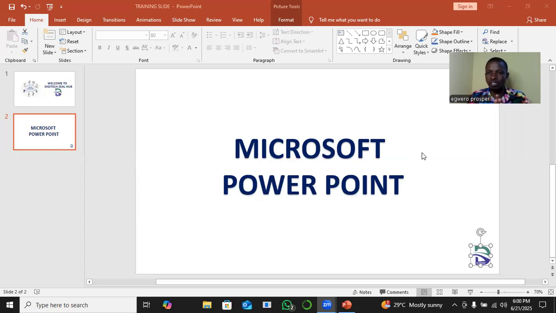Okay, so I believe that is clarified. Now you know what presentation is all about. So when we said Microsoft PowerPoint is an office application for creating presentation, now you understand that we are talking about a presentation with motion effects. So that is what we discussed. I remember we also talked about how to access PowerPoint on the system using the icon method on